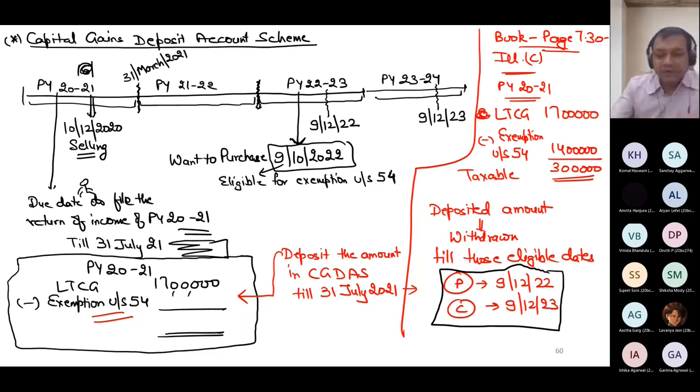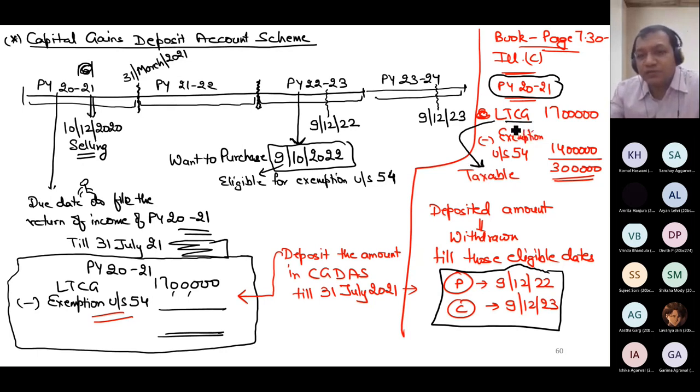What is happening now is I got the exemption in previous year 2021 and my gain was reduced. This deposit amount reduced which gain? Can you tell me which gain it reduced? LTCG. So by default, if you are not utilizing the amount, then the unutilized amount will be treated as LTCG. That's it. This is the consequence.